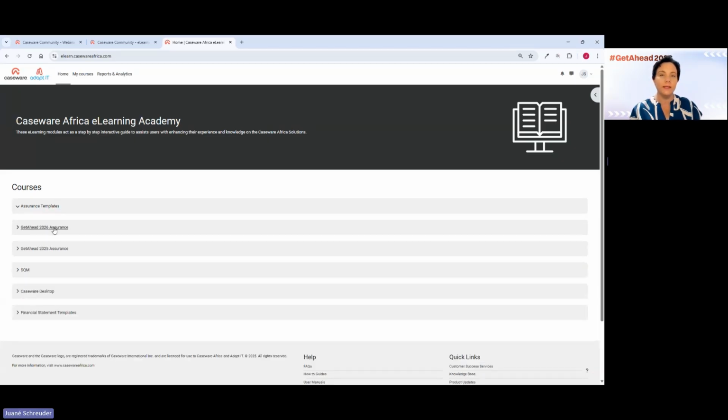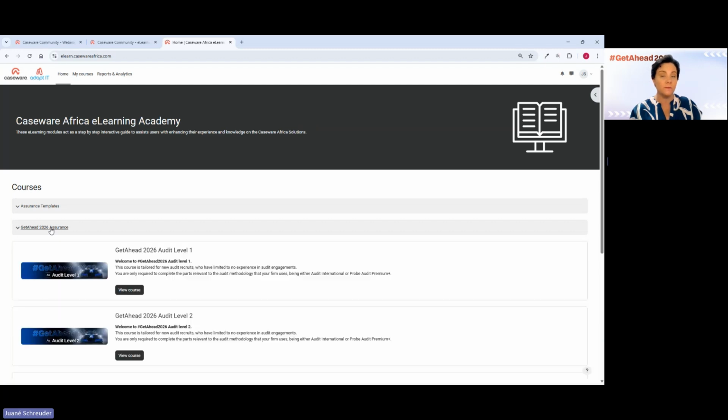So there we've got Get Ahead 2026, all the courses for this year's series logged together. There is also, again, last year's one, which I would assume most of you probably wouldn't be on there, because I would rather think someone would have perhaps completed audit level 1 last year and then doing other ones this year. There's an SQM one, and then of course the Caseware and all of those other things are also there. So if we go to Get Ahead